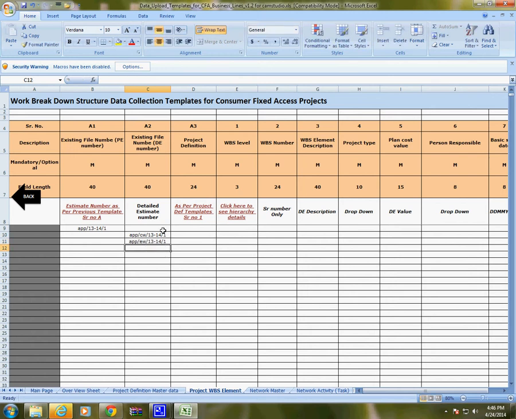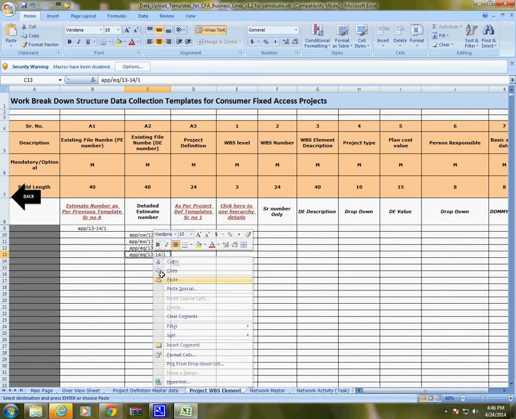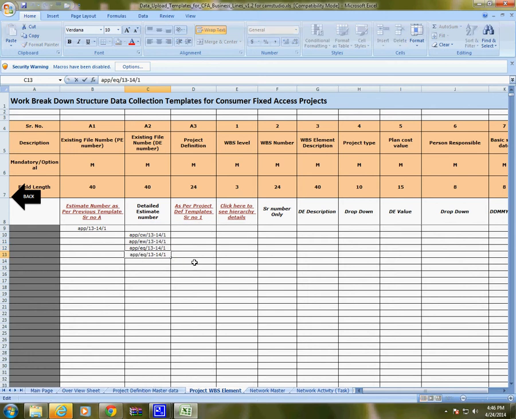Then if I am installing equipment, EQ, and then some cable. Suppose for this project estimate I have 4 detail estimates. So I'll be having 4 different entries in this WBS element sheet.